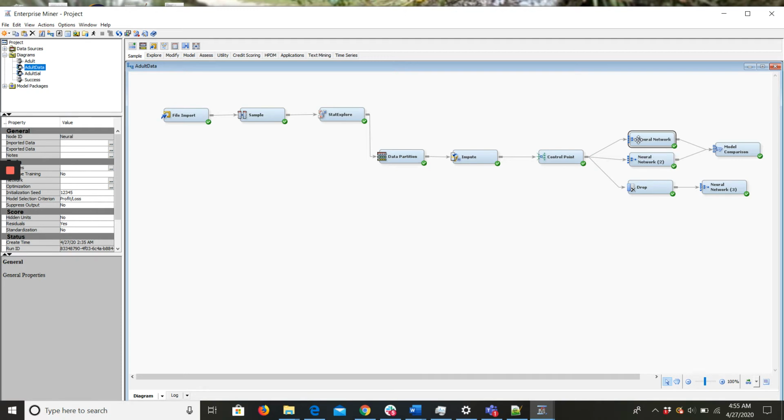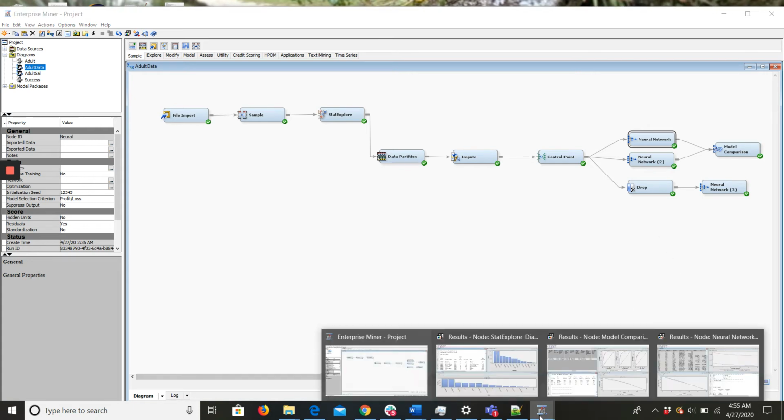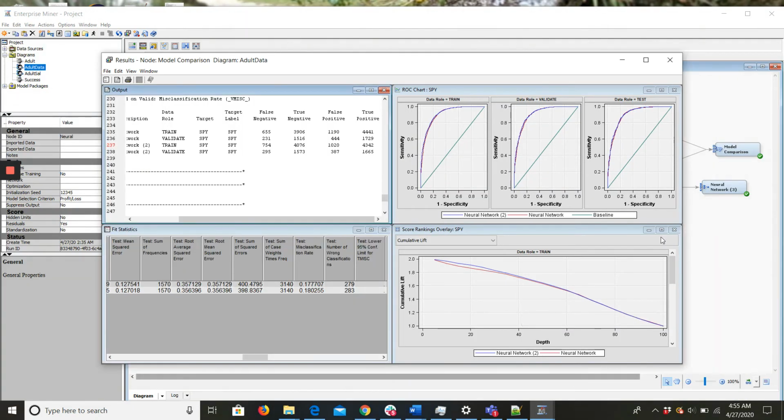There's no hard and fast rule on the number of hidden layers, but having multiple layers makes the neural network more eager to understand certain aspects of the input data. So let us just check the results. The model comparison is used to compare my models. Here we see that for model 1 and 2, there's not much difference between the two test misclassification rates. However, the more layers, the more efficient for a complex data set.